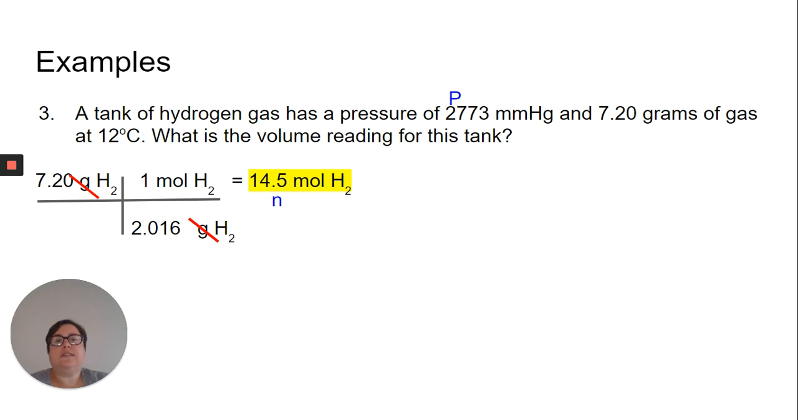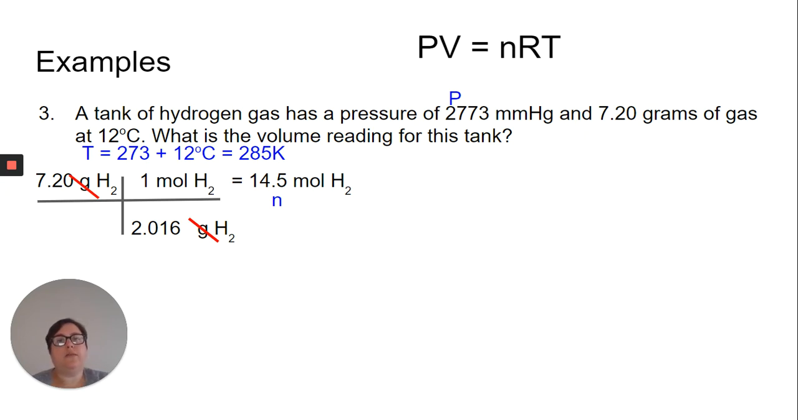The next given to us in the problem is 12 Celsius. Well, Celsius is temperature, and temperature always is in Kelvin. So we're going to add 273, and we get 285 Kelvin. Finally, what we're looking for is volume. So we're going to be solving for V. 1 pressure, 1 temperature, 1 volume, 1 amount of a substance tells us we're going to use PIV-NERT, PV equals